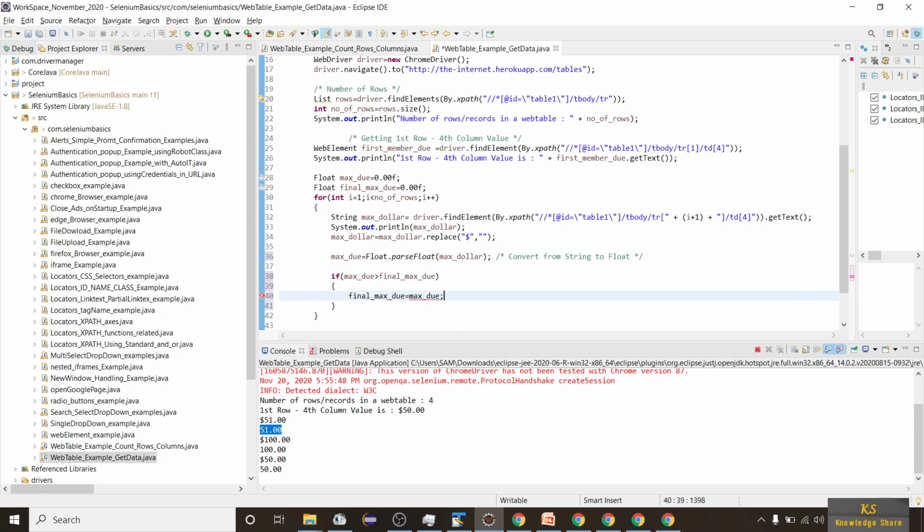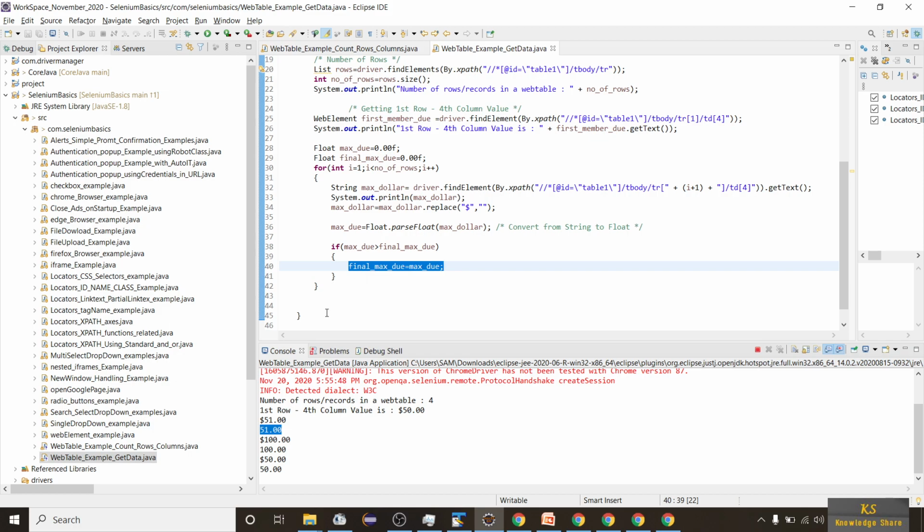So if it is the greatest, then it comes into this block and it's stored into the final max value. Okay, now we can write one statement, maximum due from the web table is, so we can print this max value. Okay, so let me